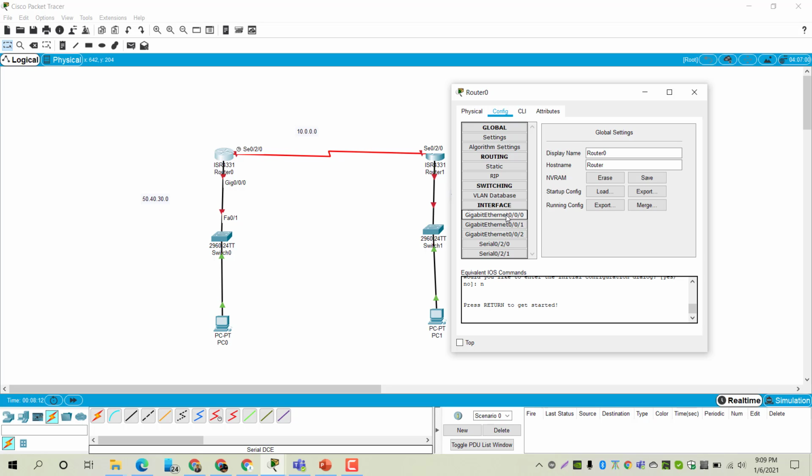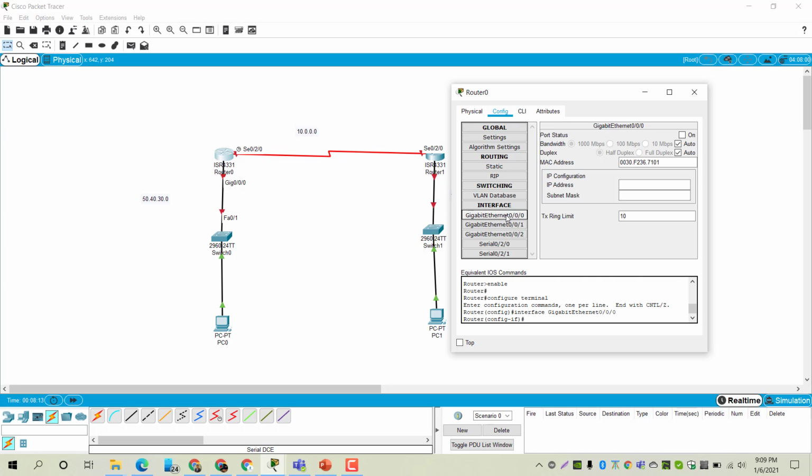So from router 0, for interface gigabit ethernet 0/0/0, I can assign its address as 50.40.30.1